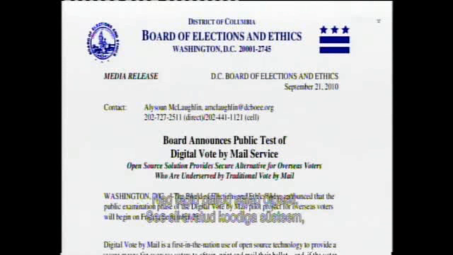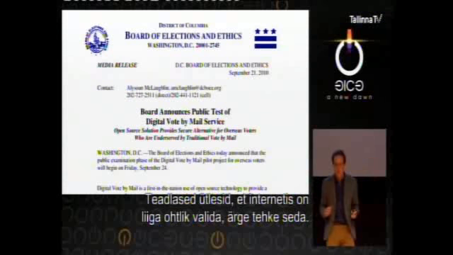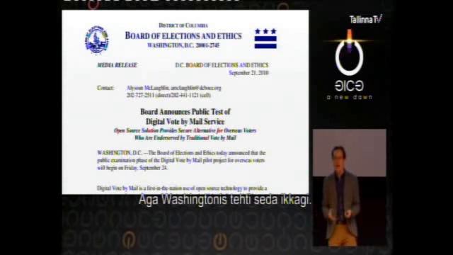Now, they did a lot of things right. They did it as an open source system, hired some really experienced web developers. They even called in security researchers and asked us, well, how should we build our new internet voting system? And the researchers all said, no, internet voting, it's too dangerous, we don't know, don't do it. But DC did it anyway.